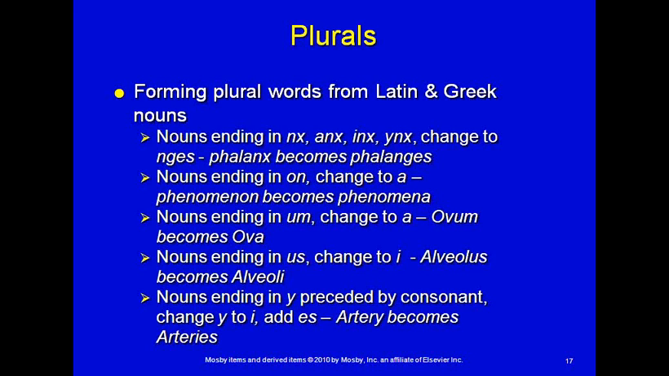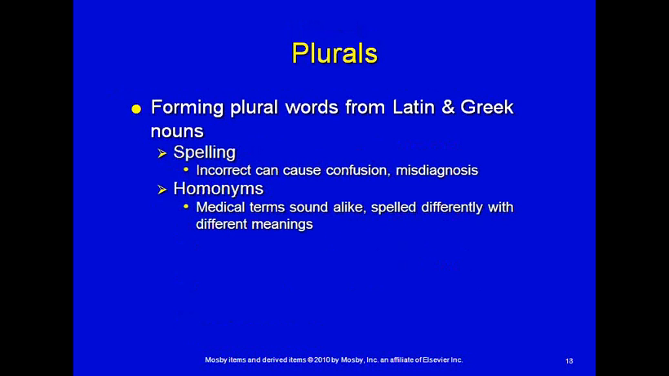Nouns ending in Y, preceded by a consonant, we change the Y to I and add ES. So artery, we drop the Y and we add an I and an ES, becomes arteries. Forming plural words from Latin to Greek requires us to understand those principles, because the spelling could be incorrect, and again, incorrect spelling can lead to confusion